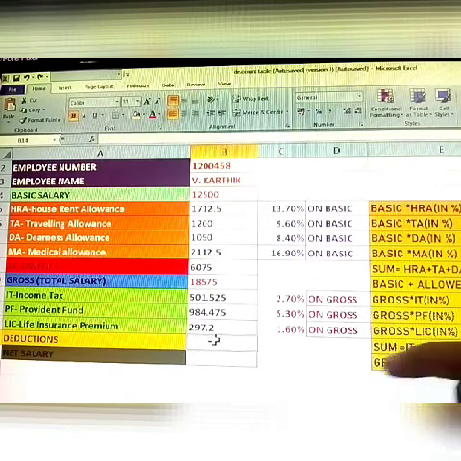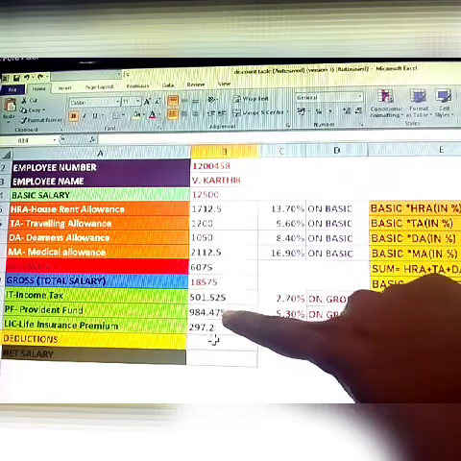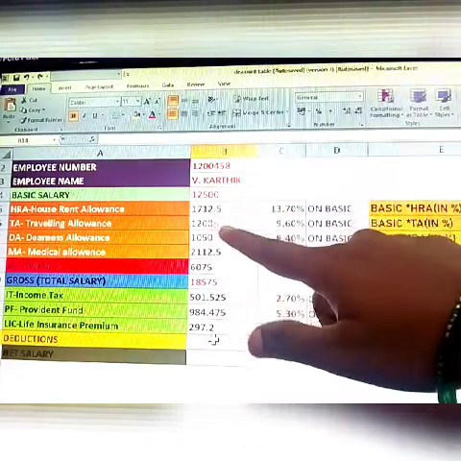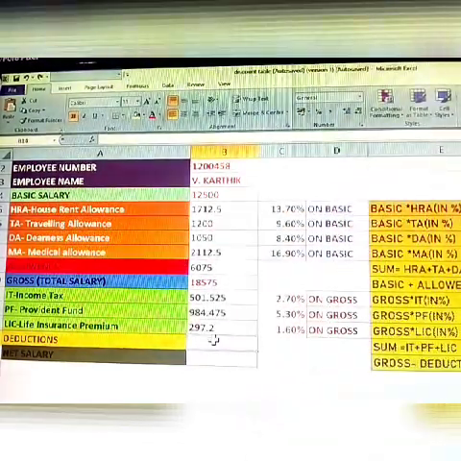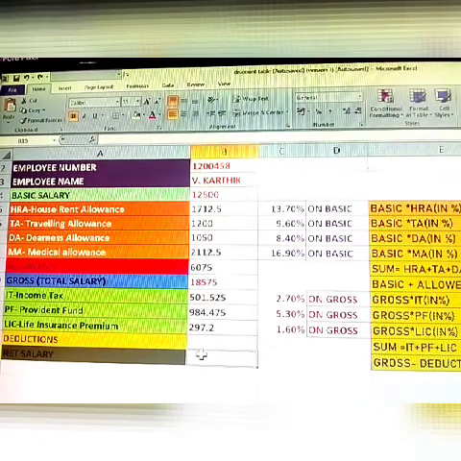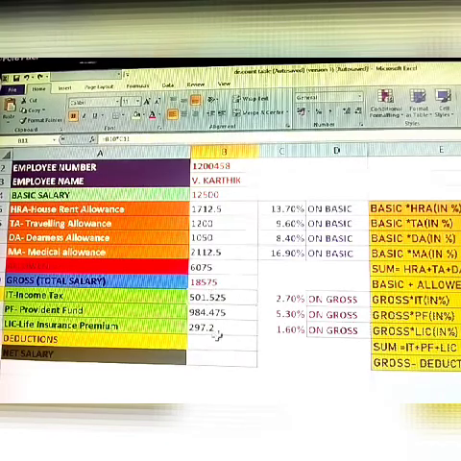Next, how to calculate the deduction? Deduction means the sum of the IT, income tax, PF and life insurance. The same calculation here is called a deduction. Deduction means it is deducted from the salary. Okay, how to do that?